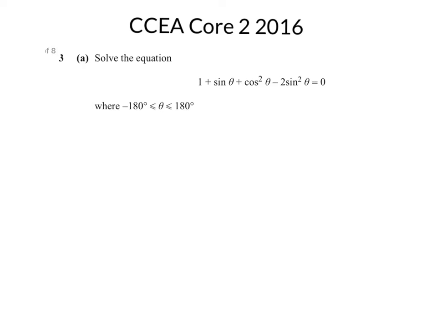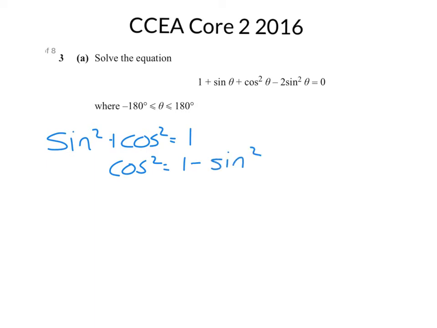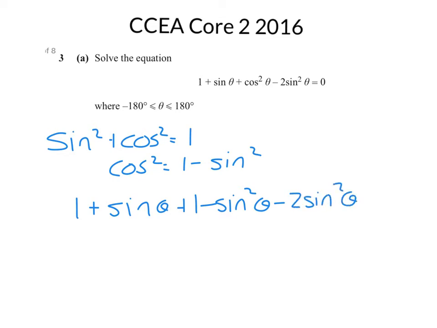To solve this, we're going to use the fact that sine squared plus cos squared equals 1, which means that cos squared is 1 minus sine squared. So if we substitute that into our equation, the cos squared becomes 1 minus sine squared theta, and we have minus 2 sine squared theta. Bring them all together, we get 3 sine squared theta minus sine theta minus 2 equals 0, and that